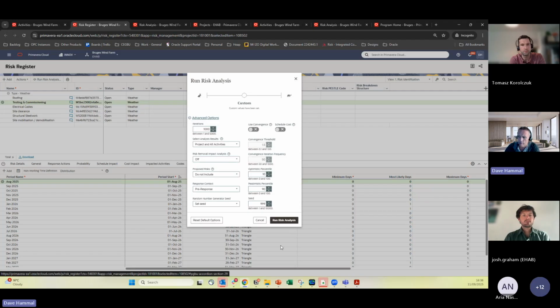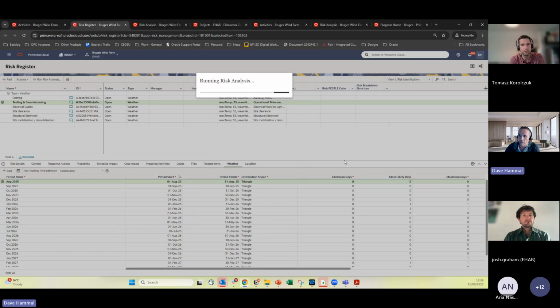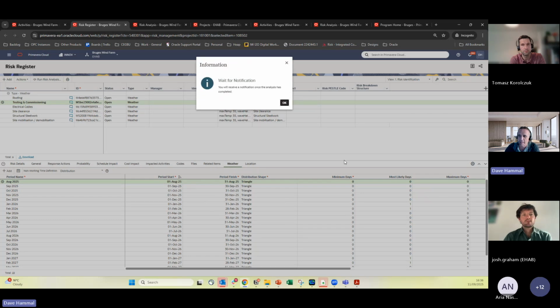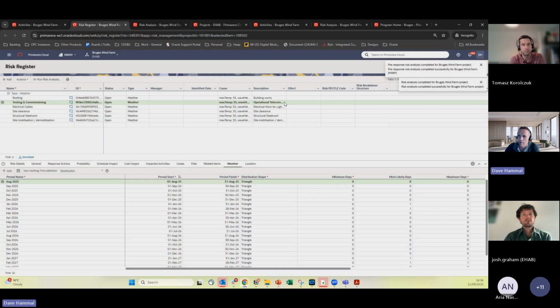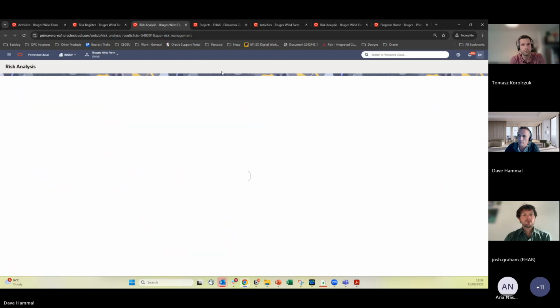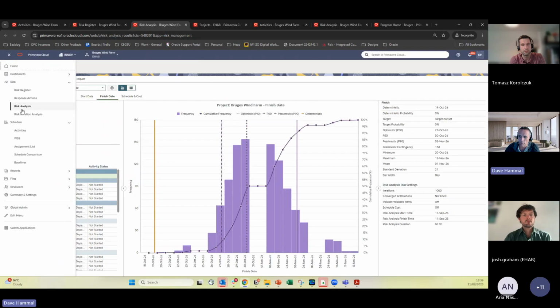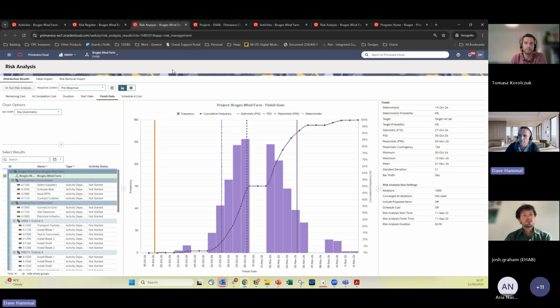So I'm going to run a risk analysis. This is now just running the Monte Carlo simulation. I'm assuming most people on the call are familiar with Monte Carlo simulation, because I wasn't going to go into it in a huge amount of detail, other than to maybe look at some of the outputs in a second. I get a little notification up at the top here to show that it has just completed. So maybe I'm jumping a little bit, but my navigation is just schedule. I get the activities page in the risk app. I can go to the risk register, and I've now just gone to the risk analysis page. I'm just saving a bit of time by having them open in different tabs.